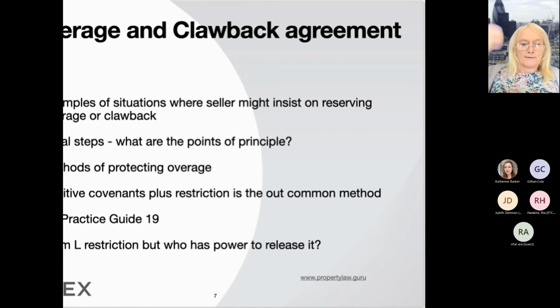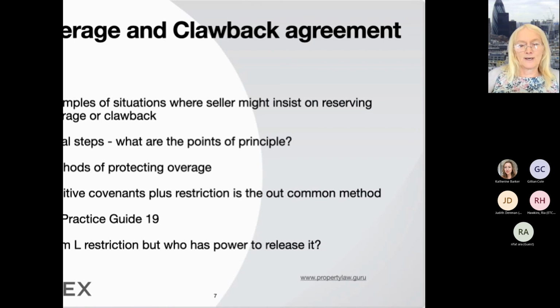Another way of reserving overage is a ransom strip, but that's very dangerous, because there have been cases where the ransom strip is circumvented, or the buyer gets adverse possession to it, and then you lose your overage. Or it could be that there's a ransom of the ransom. Now, this one might be a bit of a hard issue, whereas this buyer sells on the land to another buyer, but they retain a further ransom strip. So the ransom strip ransoms the ransom, and then the original seller only gets half the ransom, and the second owner gets half the ransom. Bit of a head wrencher, but just don't do it, basically.